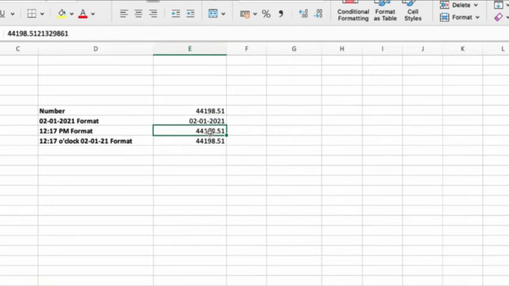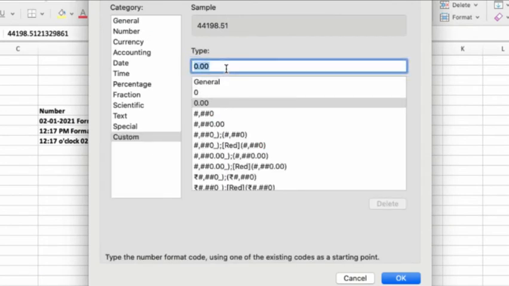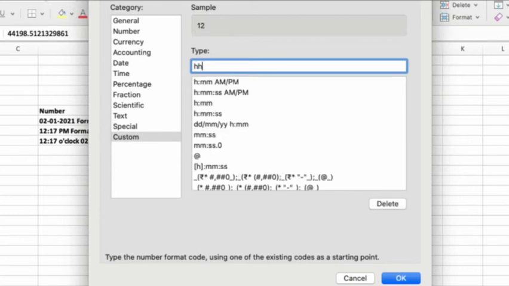Let's do the same for the next one. Here we don't want the date to be displayed, rather we just want the time to be displayed as 12:17 p.m. So Ctrl 1, go to custom format. We want to start with 2 digits of the hours. H is represented by hours.